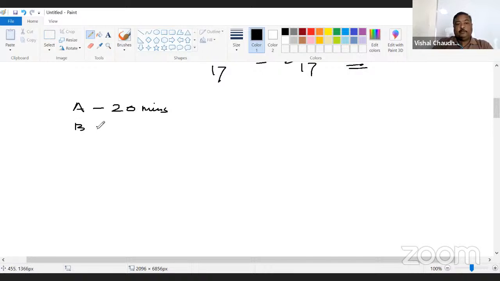Pipe B can fill it in 30 minutes. And C can empty it in 60 minutes. ठीक है।